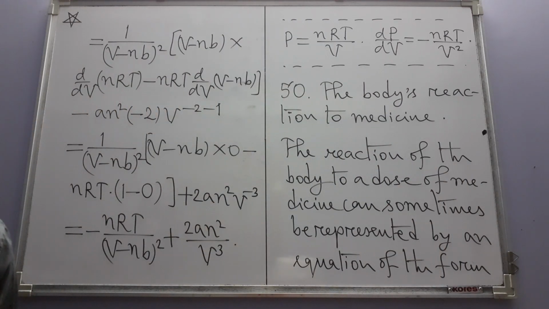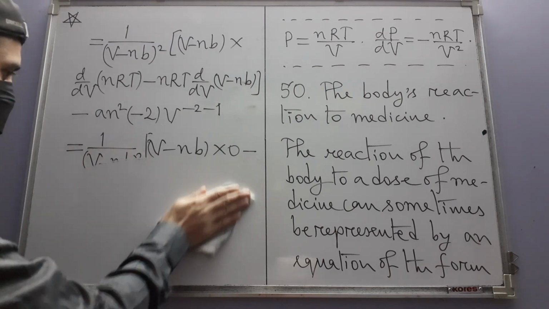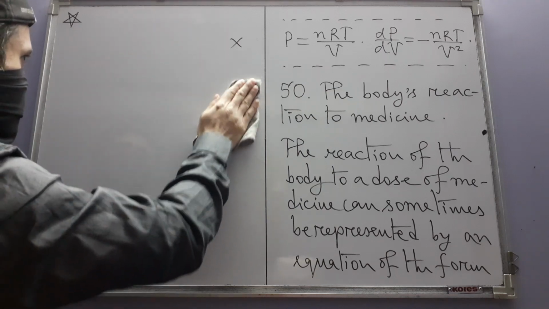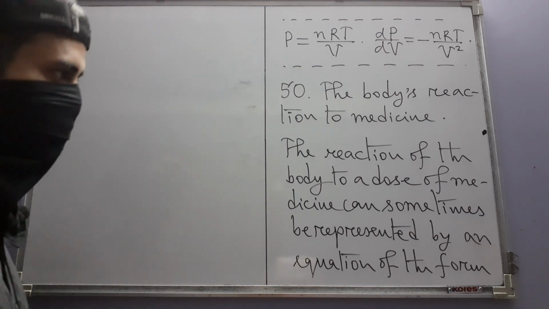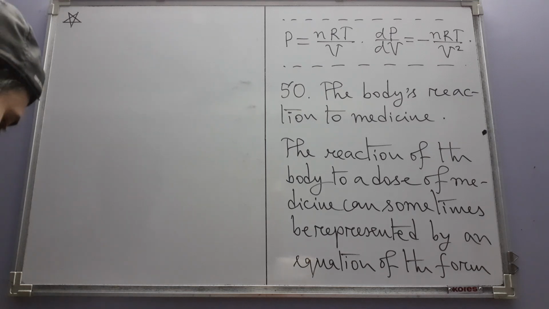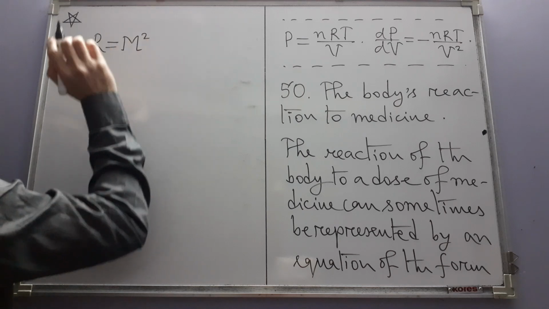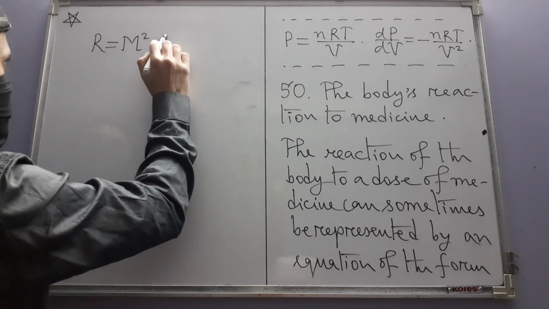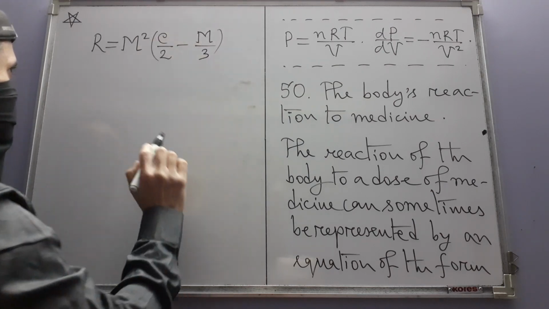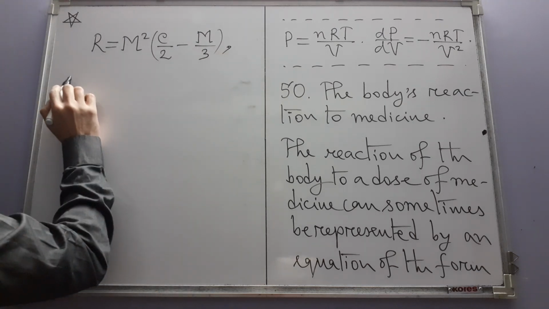Of this form. People who work in medicine came up with this equation, again by doing some kind of experiment, measuring things and then seeing what the relation is. R equals M squared times (C over 2 minus M over 3). This is of course not an arbitrary relation, where